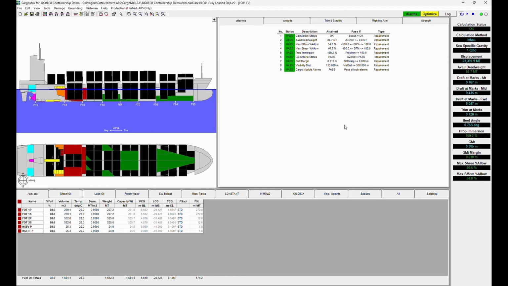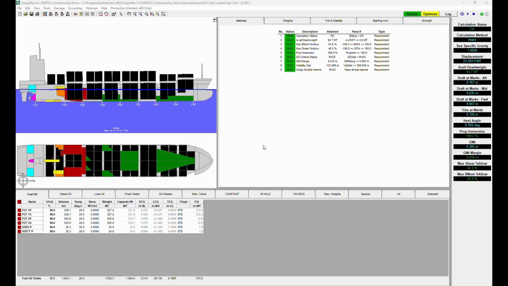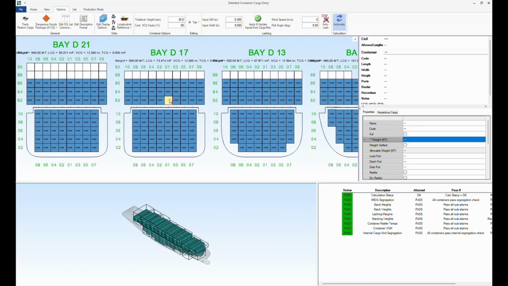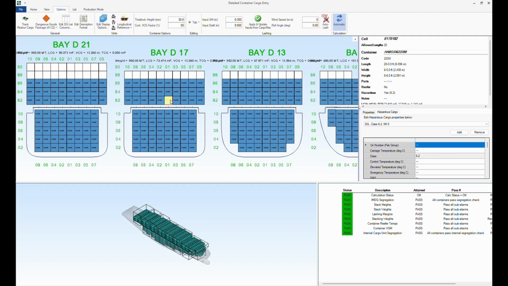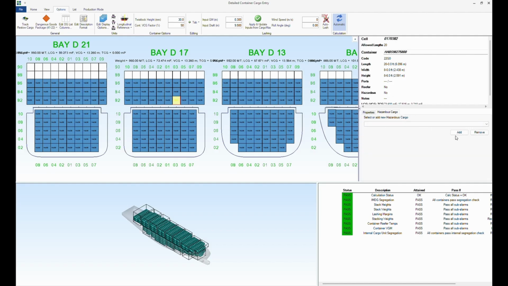In this loading condition, to start, CargoMax is loaded correctly, with no alarms present, including the IMDG segregation alarm. However, if we open the detailed container weight entry tool, and I look at this container, which is Bay 17, Stack 1, Tier 82, I can see that I have an item with an IMDG class of 6.2 in this container. If I enter a load containing an item of class 4.1 into an adjacent container, which I can do here,